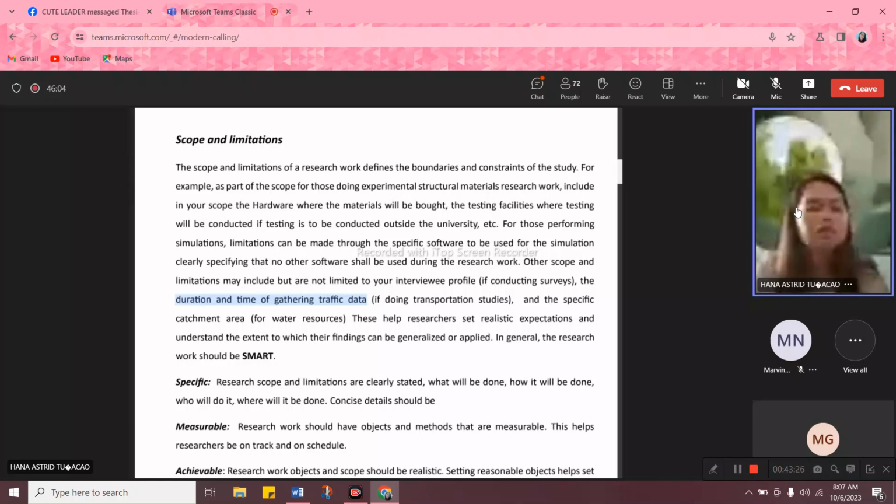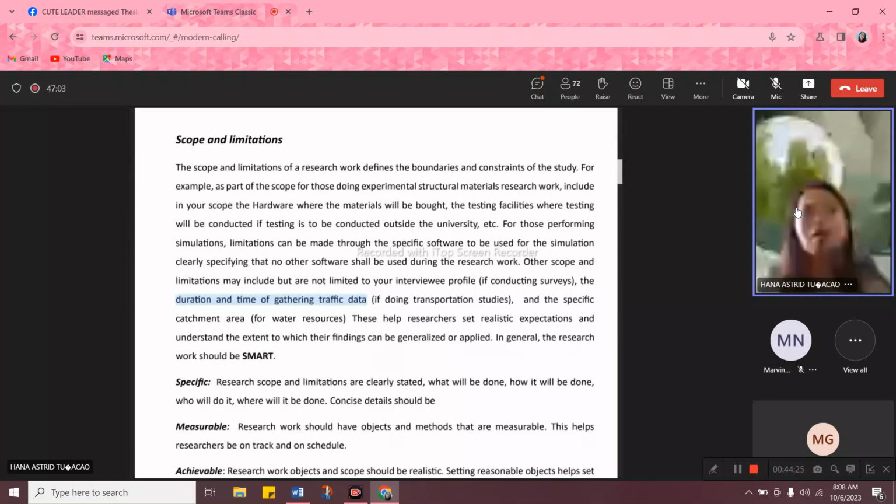With traffic data, as much as we want to capture all the behavior year round, it's not possible. For example, in June to August, July, August, the tendency is that traffic is light because classes haven't started, right? So traffic is light. And in December, you will notice traffic is very heavy. People, after work or after school, go to malls for Christmas shopping, to buy gifts or prepare food for Christmas. Before the pandemic, I didn't like going out near Christmas because it was tiring, with very heavy traffic. So as much as we want to gather data year round, because of the limitations we have,